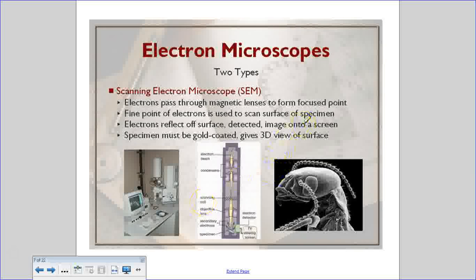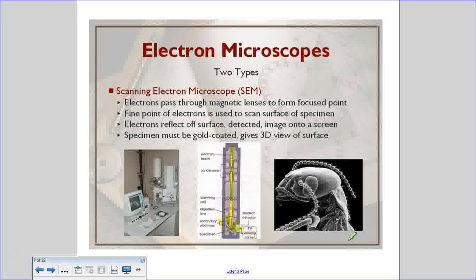The other type of electron microscope, a little more detail about it. Again, electrons are used in order to visualize the specimen. They are fired down onto the specimen, which will be down here at the bottom, and then they reflect in all different directions. Okay, and they're picked up by a detector and sent to a viewing screen. So this is a picture, this would be the microscope, and then sent to this computer over here. This is an example of an image you get